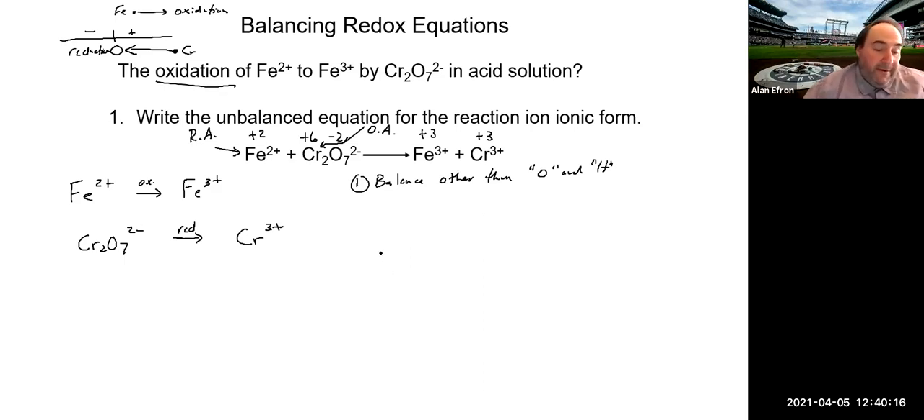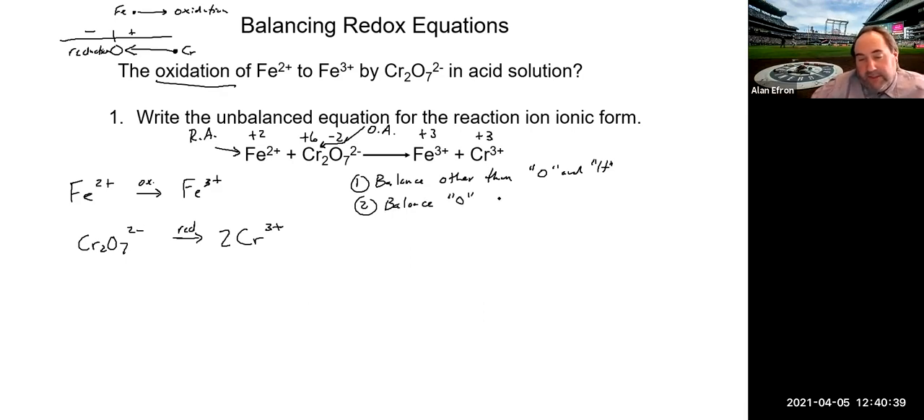So we balance it just like we do normally. We need to put a 2 in this case in front of the chromium, since there's 2 chromiums on the left, 1 iron on the left, 1 on the right. So we're all good in terms of that. The next thing that you want to do is, after you've balanced it, you want to then balance the